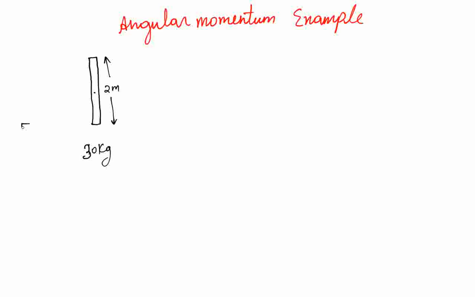In fact, there's a bullet that is coming towards the stick, going to hit one of the ends, and the mass of this particle is 10 grams, and the velocity by which it's coming is 300 meters per second. Okay, so what happens? This guy comes and lodges itself inside the meter stick, and then the meter stick combined with the bullet